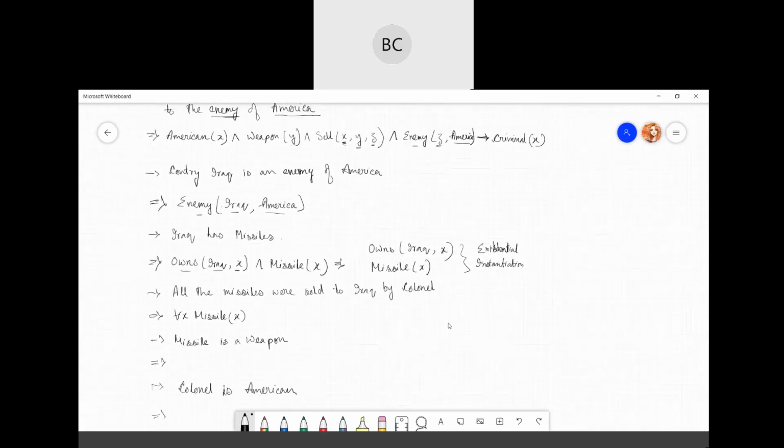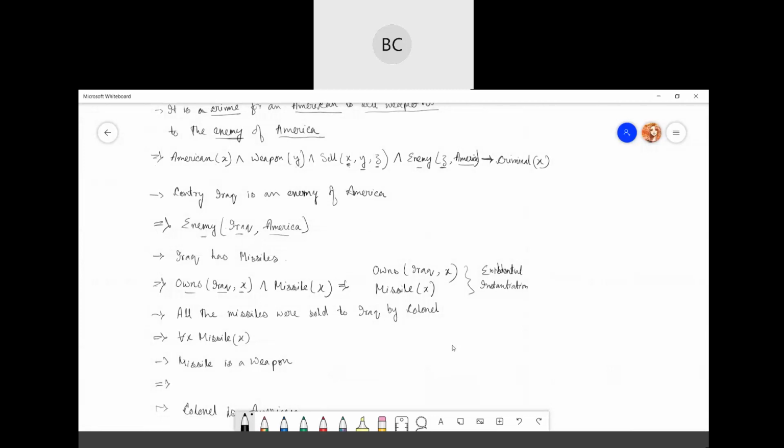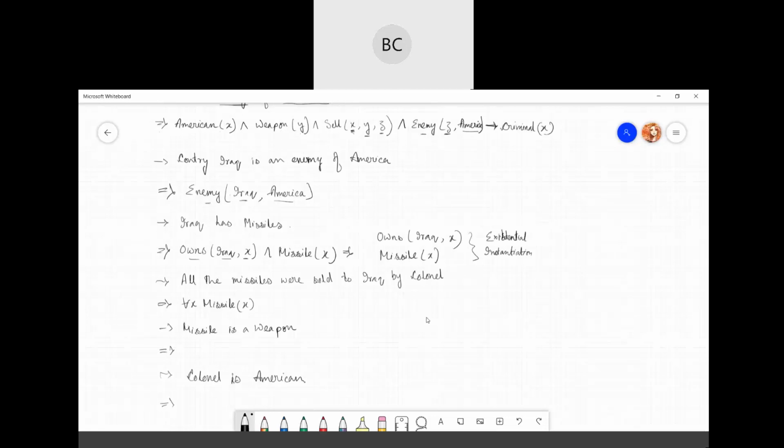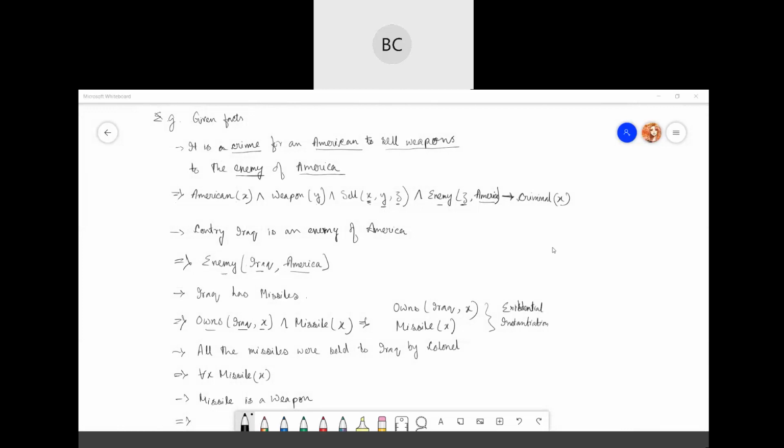So in forward chaining, what will happen? We always start from the initial stage. In both cases, we will first convert all the known facts into first order logic. After converting to first order logic, in forward chaining we will start from the initial state, that means we will try to deduce the left hand side. And in case of backward chaining, after converting to FOL, we will start from the goal state, meaning from where we need to prove. So let's convert it first into FOL. We were half done that day.